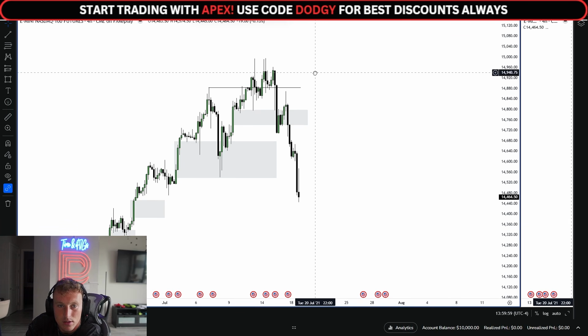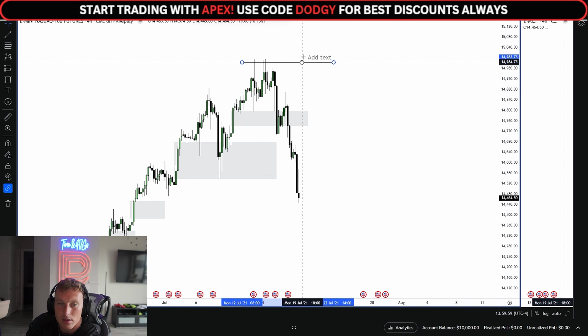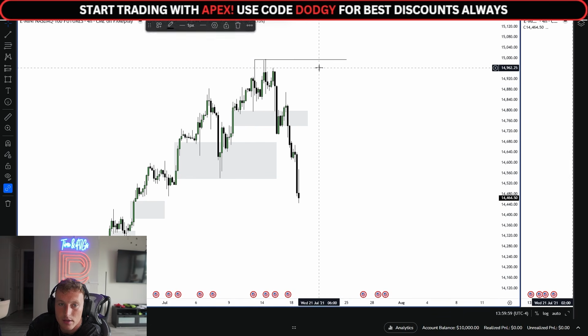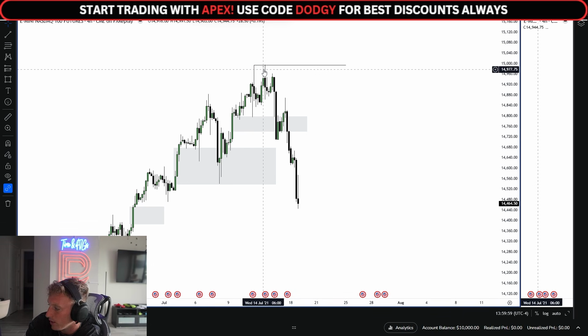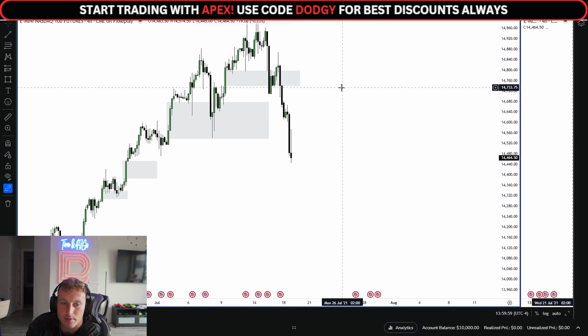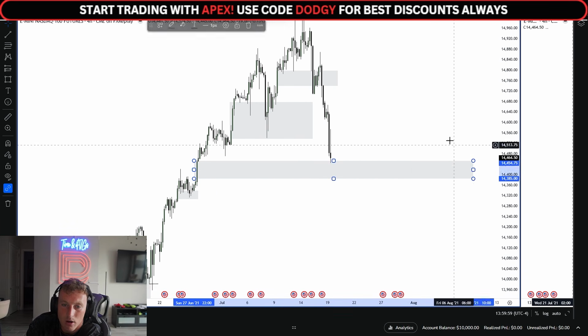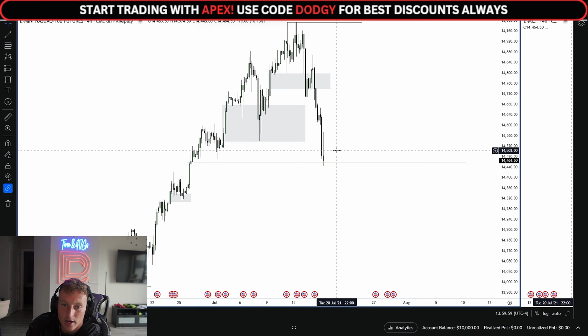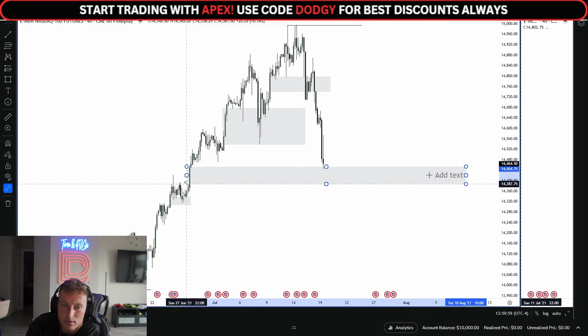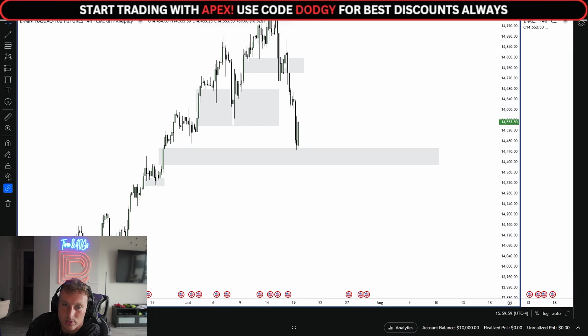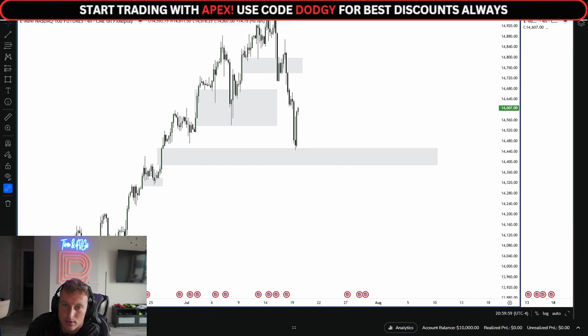You know? And we took out buy side here. We actually retook it out, I think, by a few ticks here. It's just a very aggressive displacement. And now, right, here's my bearish target. Now let's just watch what happens inside here. Depending on what happens here, I'll switch or maybe not switch.